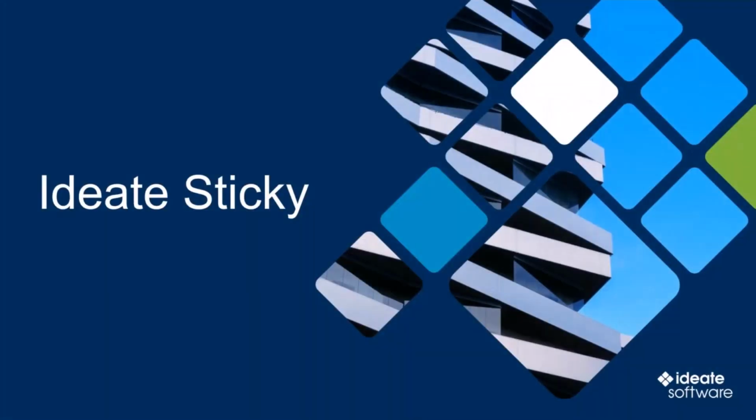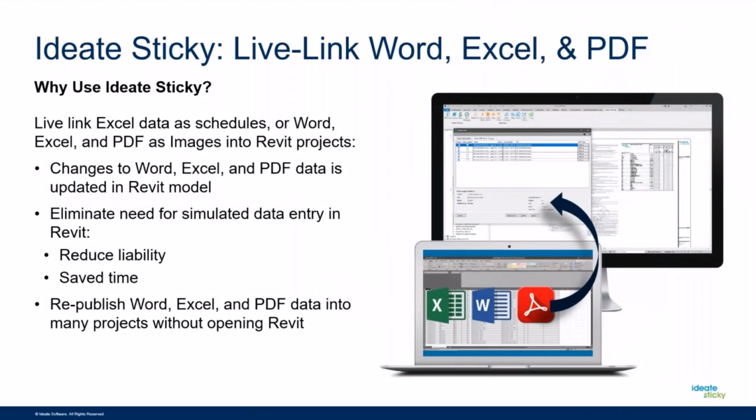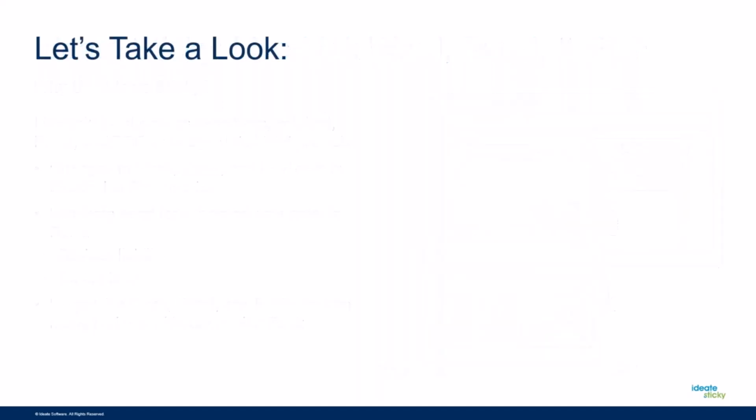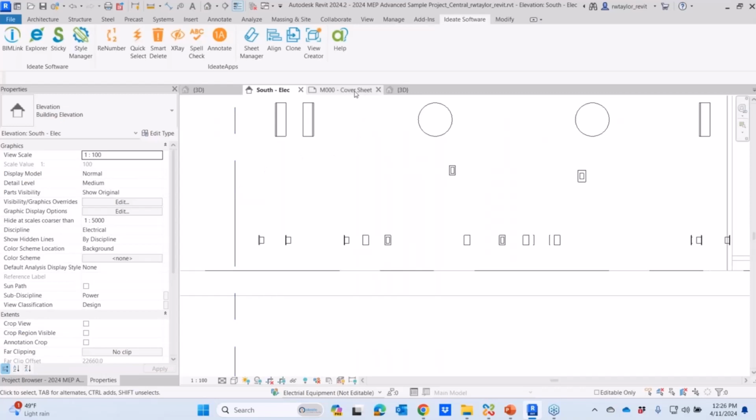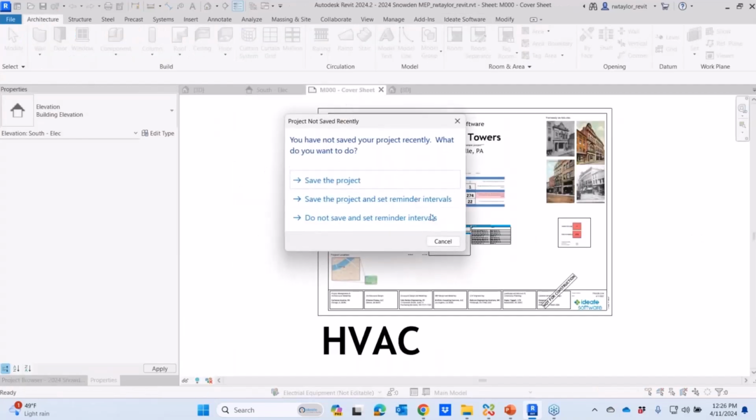All right, ID8 Sticky. ID8 Sticky, as I mentioned, allows you to live link Excel, Word, or PDF information into your Revit project and keep that up to date. This is one of our solutions that's really pretty self-explanatory. But what I'm going to do is come back over here to Revit that I was in earlier. I'm going to go over to this